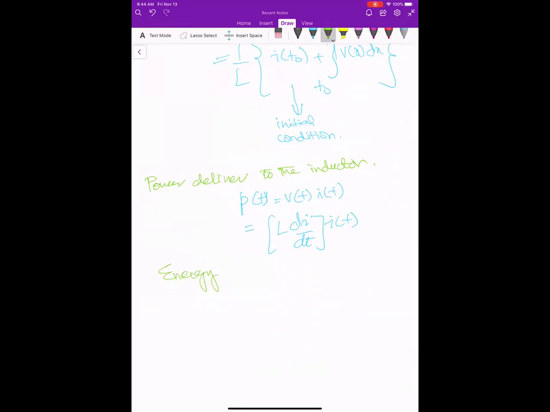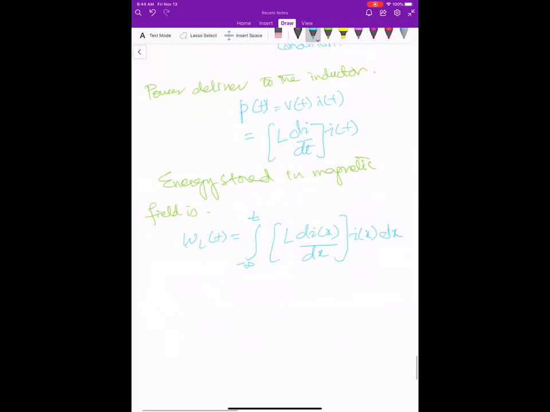Similarly, energy stored in magnetic field is... and it would be... so all of these things will be useful for us